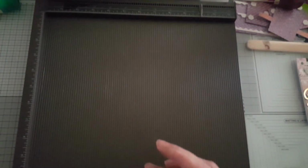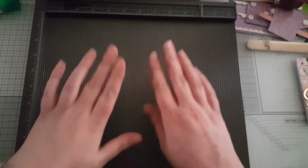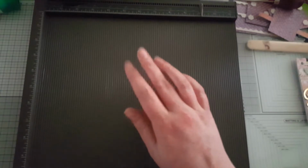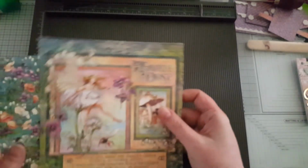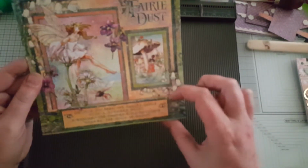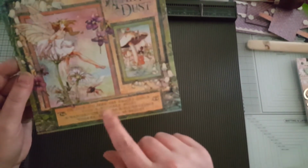Okay, so that's those. Next, you're going to want some mats. I've only done 3, one for the top of the box, one for the inside of the lid, and one for the inside of the base. So I've gone with some of my fairy dust papers, and I've got this one for the front. Now this one I have had to cut down because it was 8 by 8, and I wanted this on,